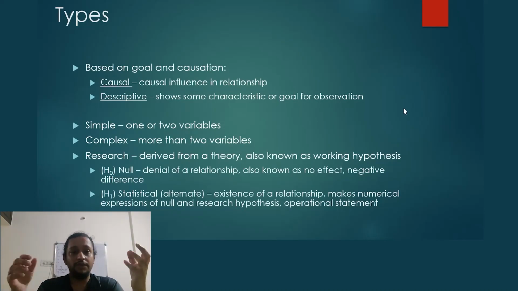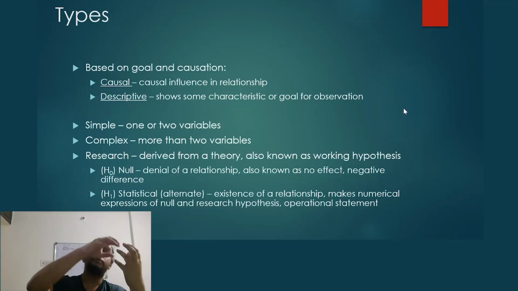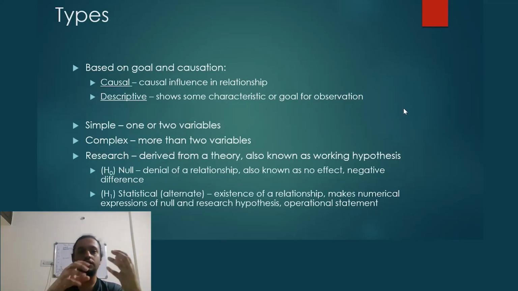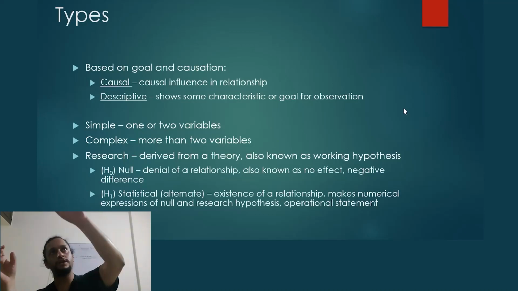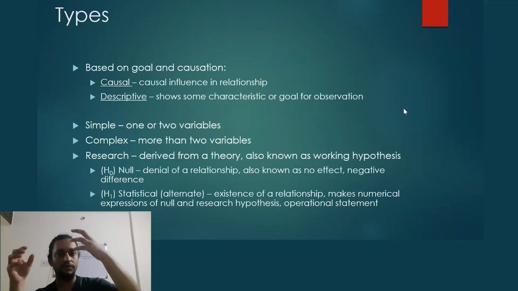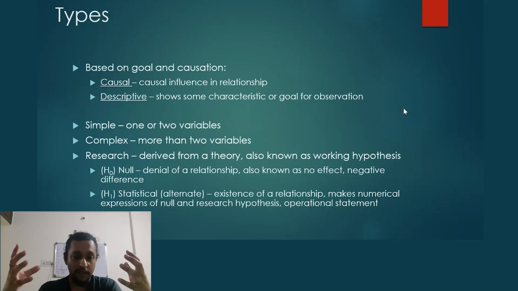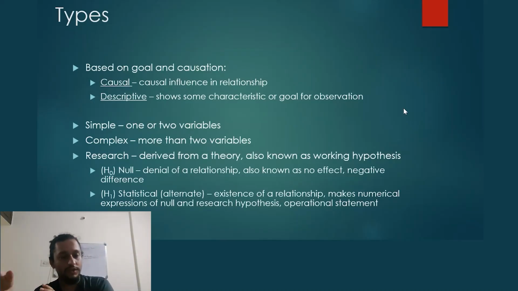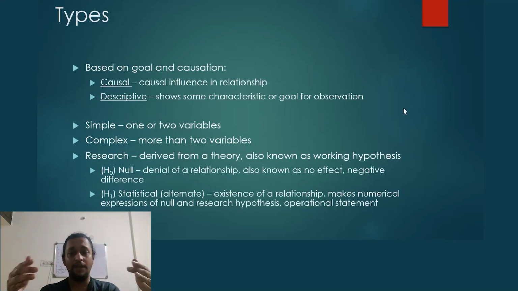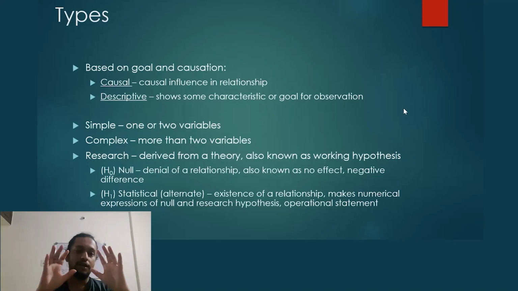But sometimes it may be that intrinsic motivation is linked with academic performance, but it's not linked with success, it's not linked with intelligence, it's linked with this. Similarly, for student engagement, something is linked, something is not linked, something is linked, something is not linked. So there's a confusion in the literature. In that case, you can use a null hypothesis, saying that I am not sure, I've read this literature for 50-60 pages and each of them are telling me inconsistent things. So it is not possible for me as a scientist to say that there will be a relationship. So what I am saying is there will be no relationship. I'll test it, and once I find the finding, then I'll say whether the null hypothesis is supported or rejected. So in that case, you are allowed to use the null hypothesis. That's basically the only criteria.